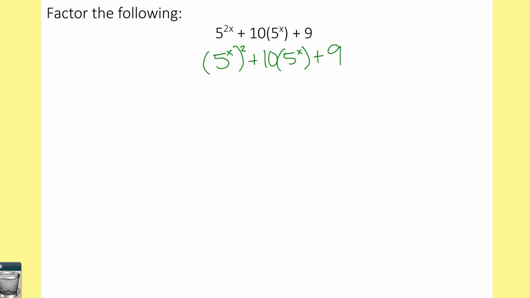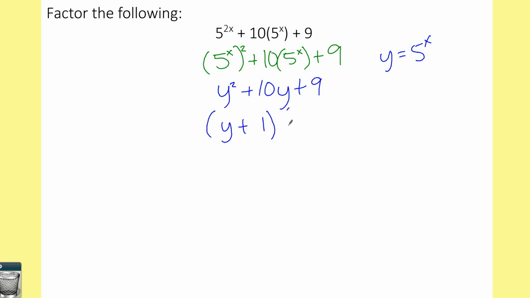Okay, so what if I rewrote that differently? What if I wrote it as y squared plus 10y plus 9, right? Let y be 5 to the x. When I do that, I can rewrite that as y squared and 10y, and then that's a lot easier to factor,